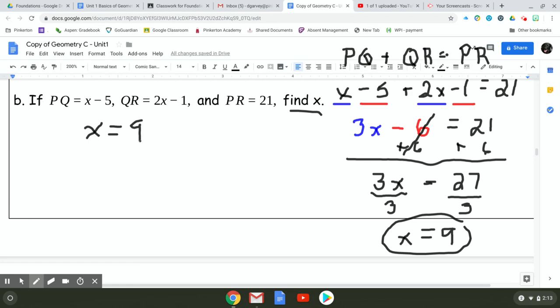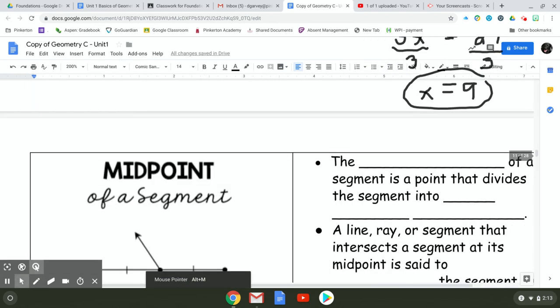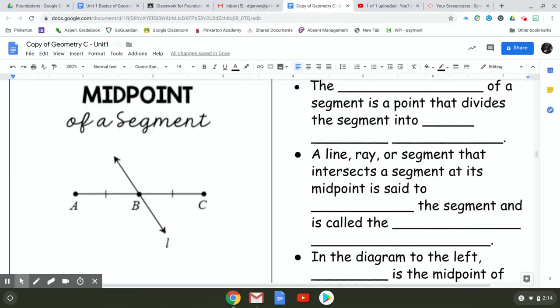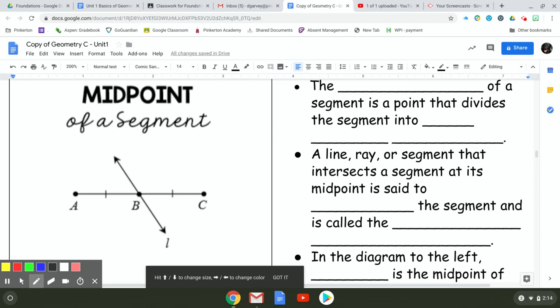All right, terrific. Well, let's go on and talk about the midpoint, which is what we're going to be talking about in this new lesson. So we're going to talk about the midpoint of a segment. So again, fill in your notes as you go along. The midpoint